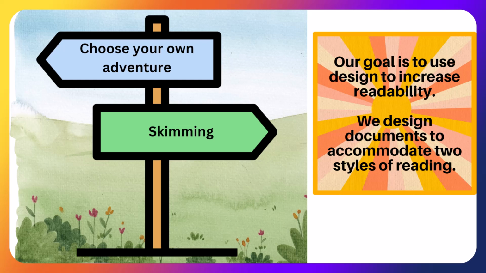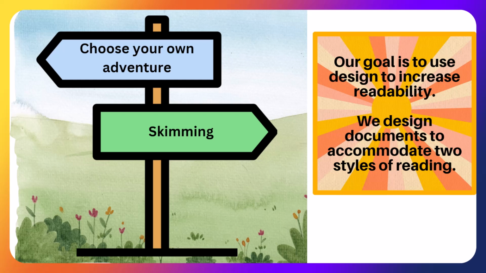And then they might skim that section just to get the lay of the land, see what information is in that section. Or they might skim the whole document just to get an idea of what's in it, and then skip to a specific section. So it's not just how we write the content; we then want to apply design to the content that enables